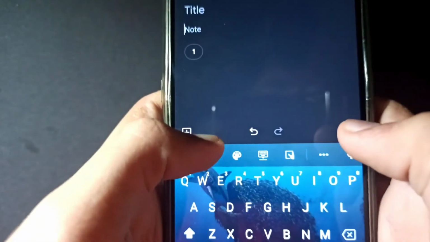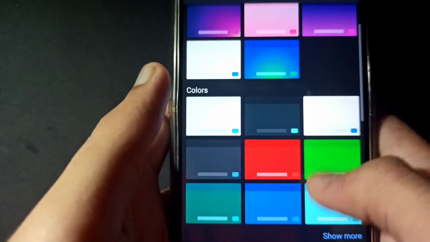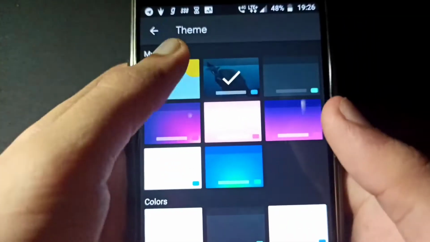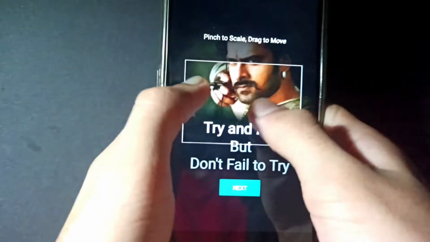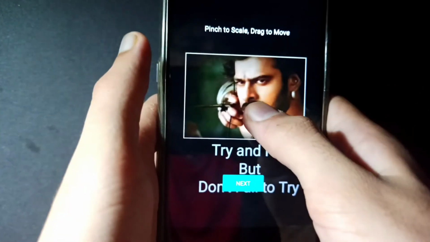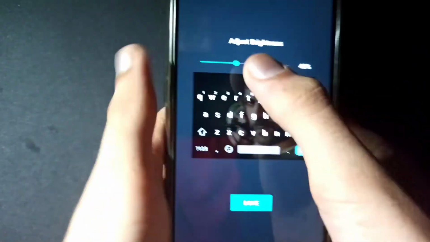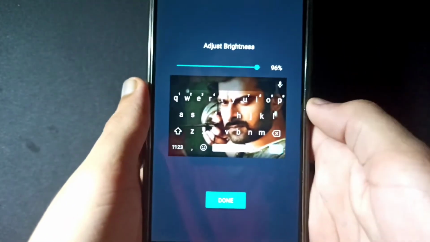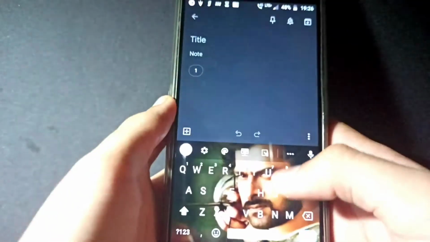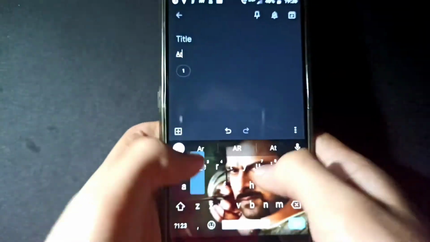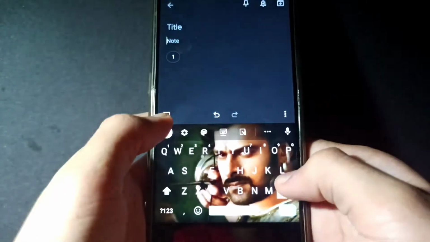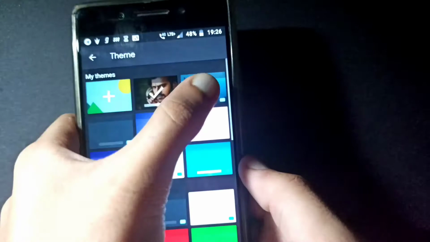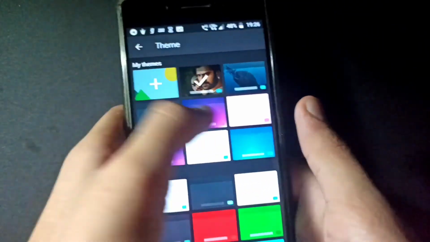Also, make personalized themes for Gboard. We just need to go to the themes button, and we can see that there are many available themes, but we can also make a theme using our own photo. Like I have taken this photo, and we can also select which part we want. Like I have selected this, and we can adjust the brightness and click done. So we can apply this, and as you can see, this looks quite good, and we can change it also using the themes. Like I got this. We can also have many more.